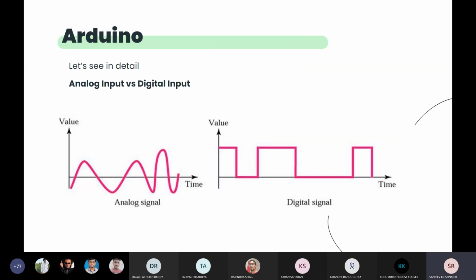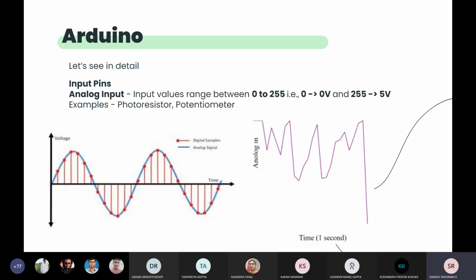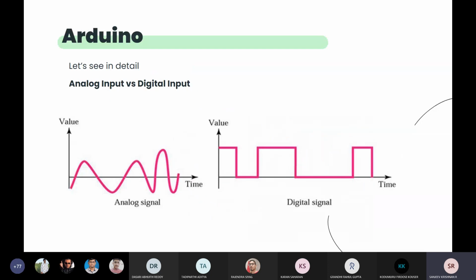Analog. So this is an example of an analog signal. Analog just tells you that an analog signal can be anything. Now, another thing I wanted to tell at a later stage, but I'll tell it here. Whenever we make connections between two systems, two boards, either between two Arduinos or between one Arduino and another sensor or module, we first join the ground of both things.